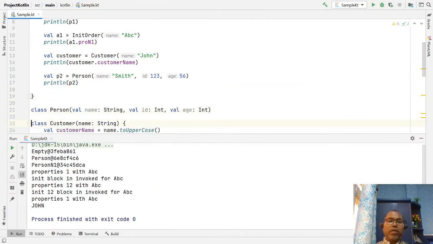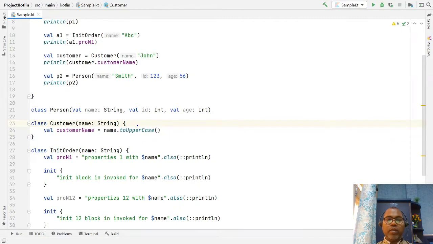So in this way we have options. You can write your class name, and in the primary constructor itself you define property 1, property 2, property 3. It is not mandatory to write a body and then declare property 1, property 2, property 3. All the properties you can declare inside your primary constructor itself.